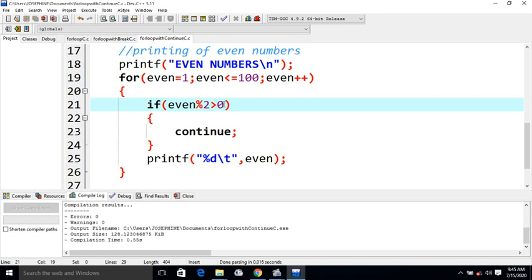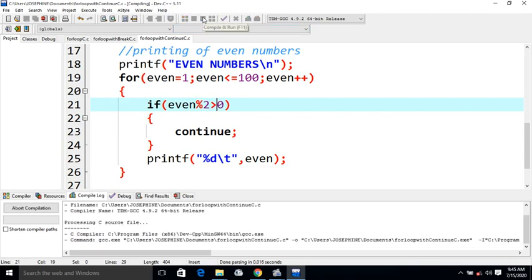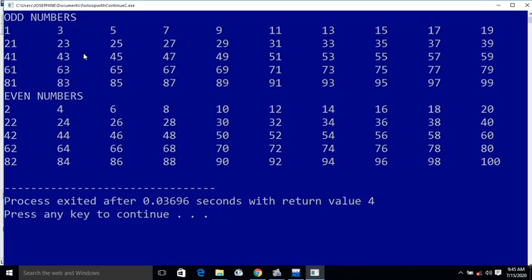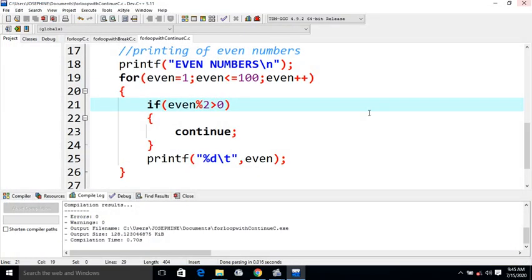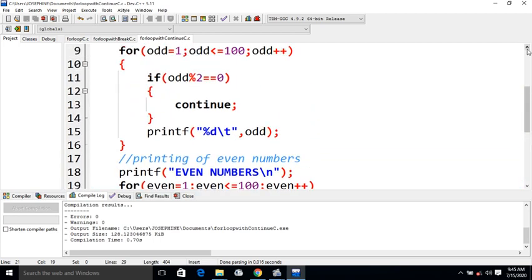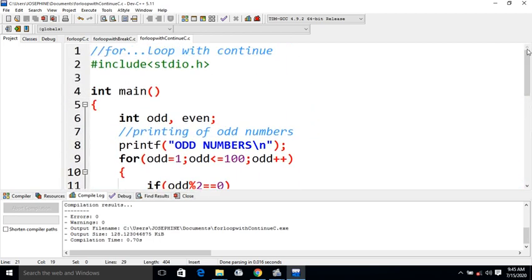If even modulus 2 is greater than 0, so that there is a remainder, then you skip it. So you can see the odd numbers and you can see the even numbers properly printed. So we have seen how odd and even, how the two of them